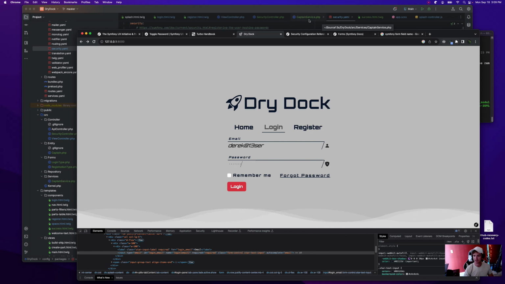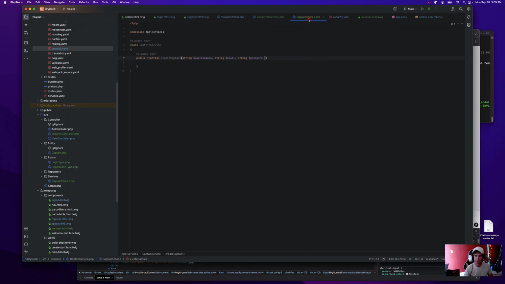I honestly might need to reserve this to pull in a lot of these changes, but I think everything should be working. Email, password, role. They're all going to have the same role. You know what? Yeah, we really should have role in there.